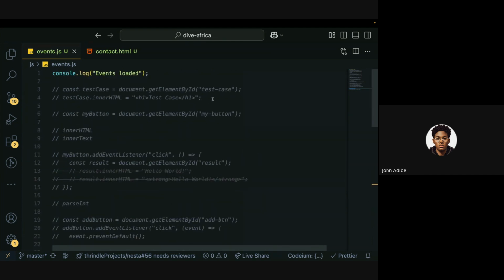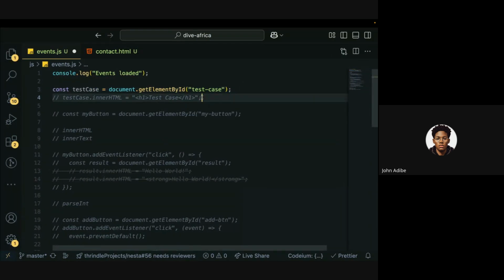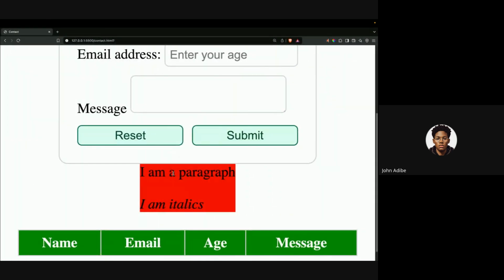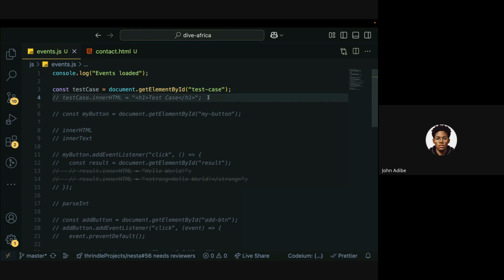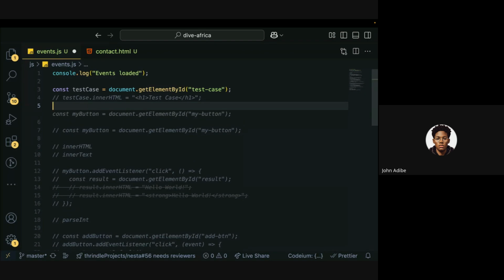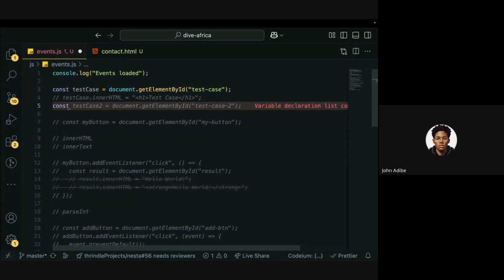Now, let me do this example real quick. Remember, it's overwriting everything with test case. So if I comment out this test case, I don't want it anymore. It's going to bring back I am a paragraph, I am italics, which is the default thing that I have on my HTML. But if I now want to append an element to that particular parent tag, the first thing I'm going to do is create the element. Let's say I want to create a strong element. Let me say strong equals to